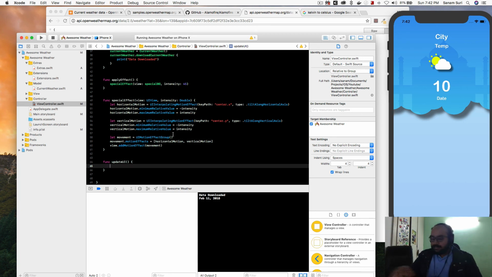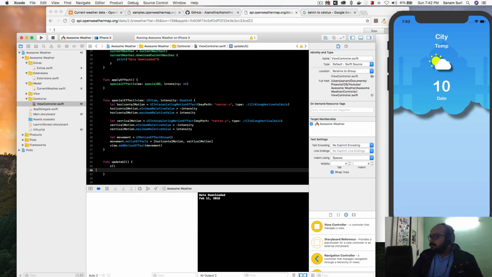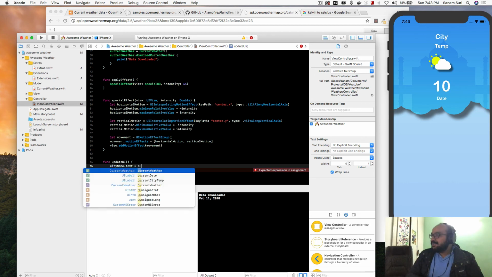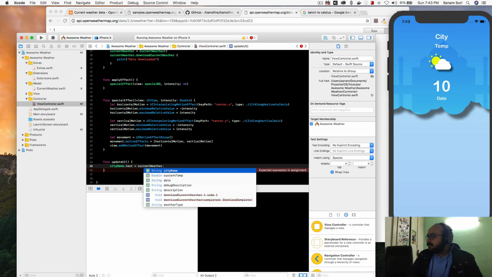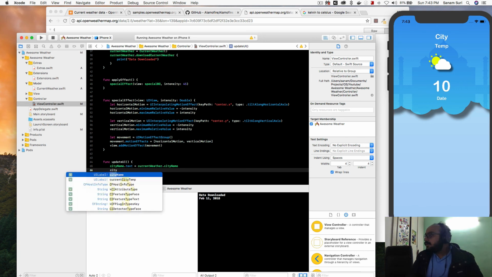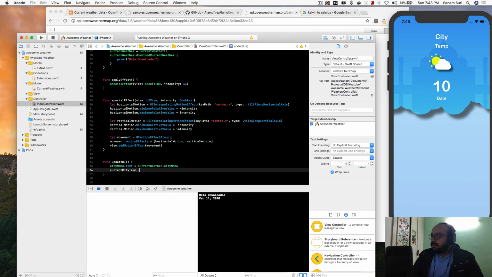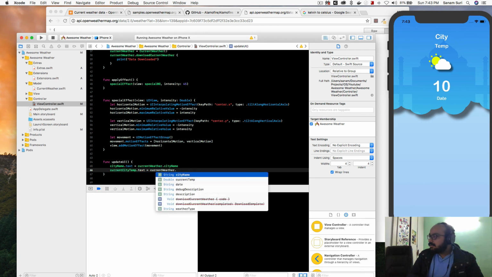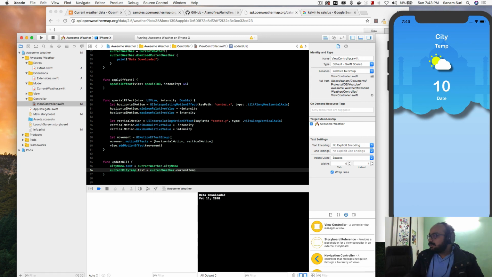So what we need to update is city name dot text is equal to current weather dot city name, and then current city temperature dot text is equal to current weather dot current temp, which is not gonna work